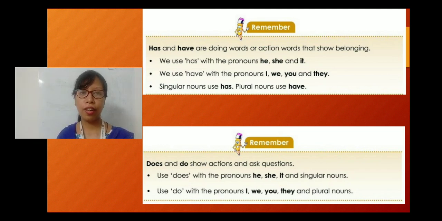So this is the end of today's discussion. The story writing and one more topic is here, so we will be discussing that in our next class. Do the exercises, try to understand this has, have, do and does, and when we use them. The exercises you do on your own, whatever is left out. I will be sharing the answers in my next class.